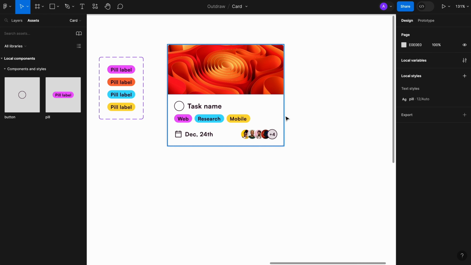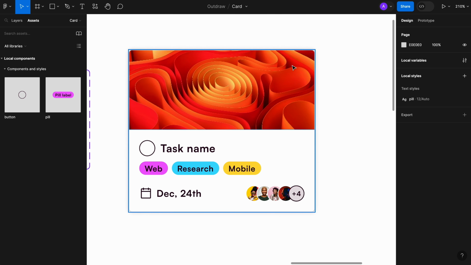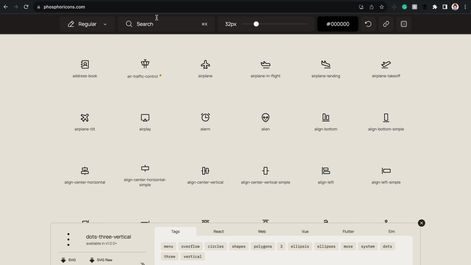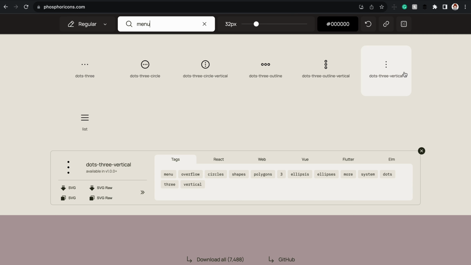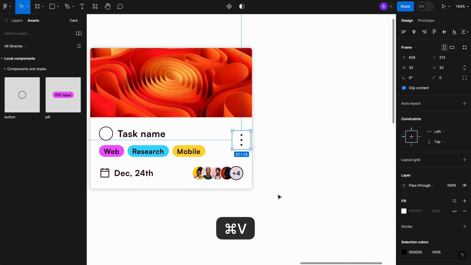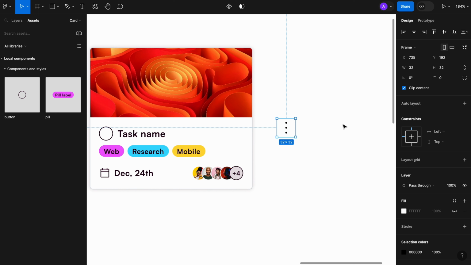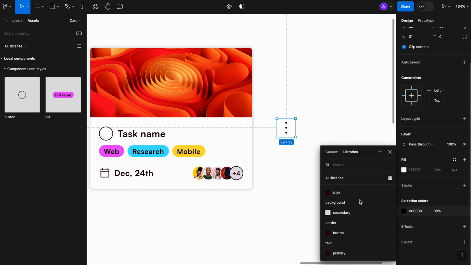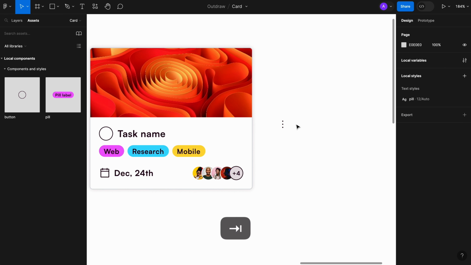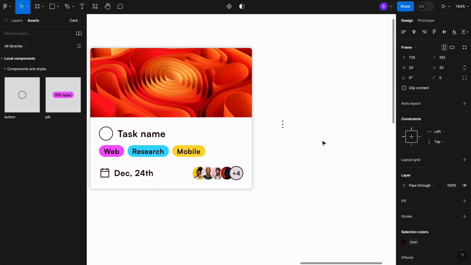Let's leave it as it is, and right now there is only one element missing, the contextual menu that I would like to place here in the top right corner. So what we need to do is go to our Phosphor icons, go to search menu, select the dots 3 vertical, and click on SVG. Paste it to our Figma file just next to our card so that we can work on it. Change selection color to our icon color, change the size to 20 pixels, and frame it so that we can create a circular background behind